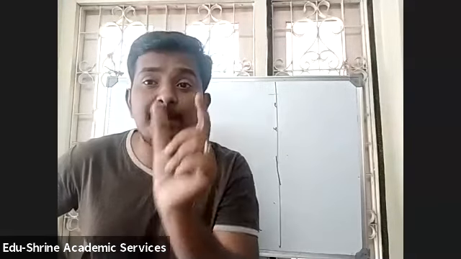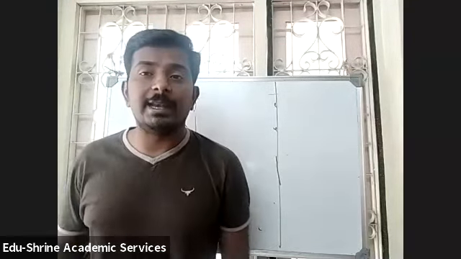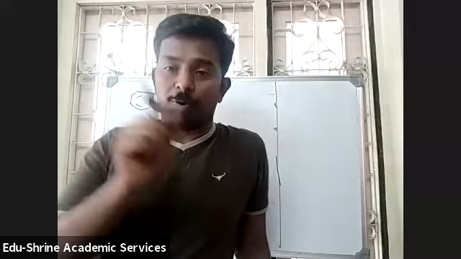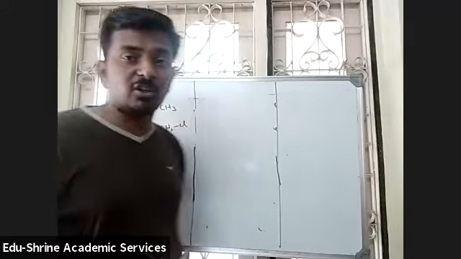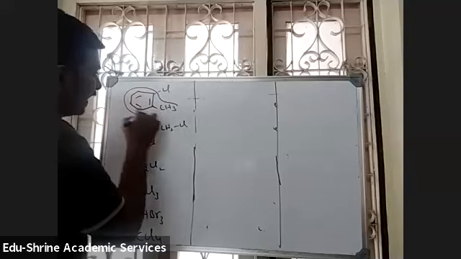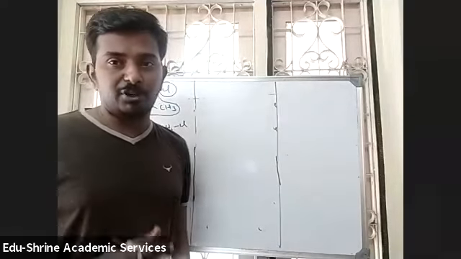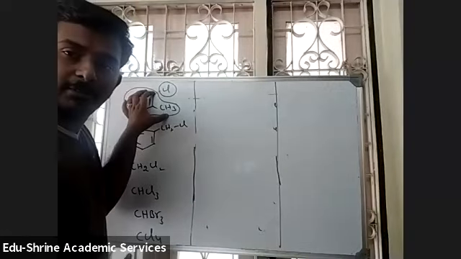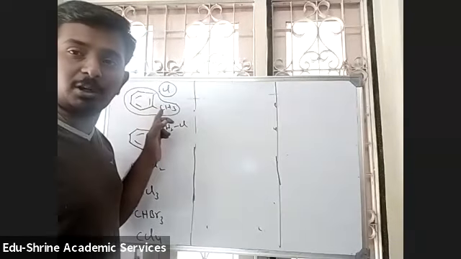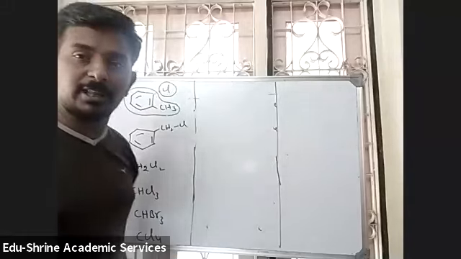Toluene is a base compound, like phenol is a base compound, and benzoic acid is a base compound. So all these are base compounds. Whenever a base compound is present, the other group is taken as a substituent. So the base compound is toluene, and this is taken as a substituent on toluene. Now tell me, students, what will be the common name?